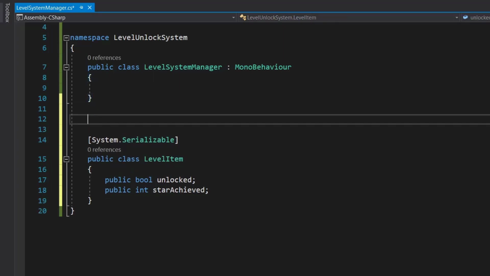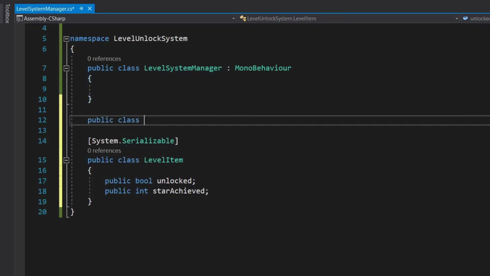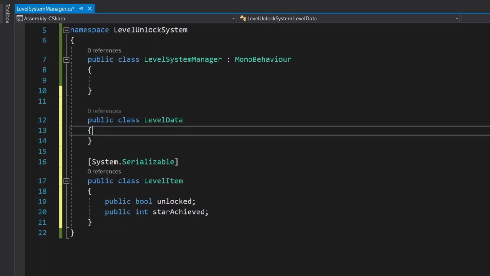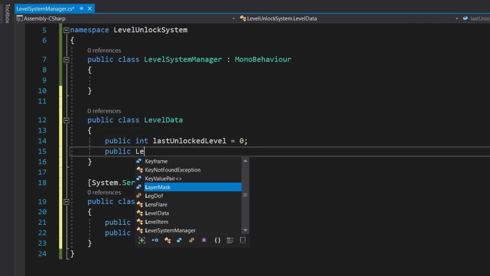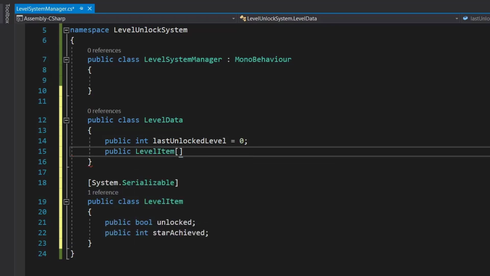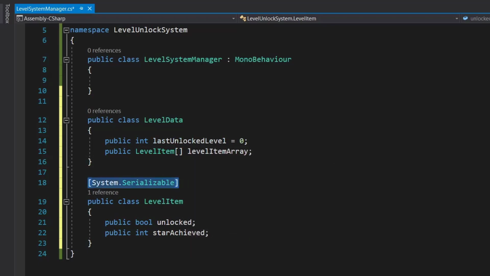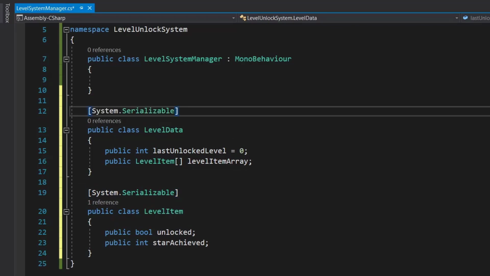Then we need one more class. So it will be a level data, and it has a public int last unlock level.